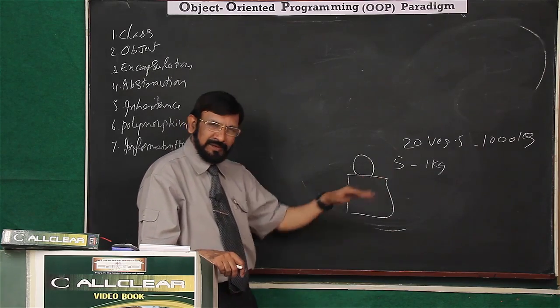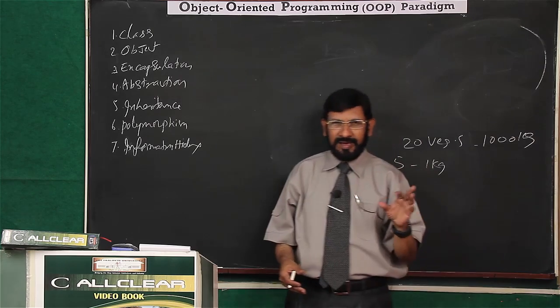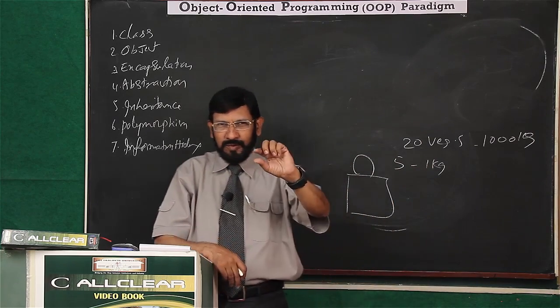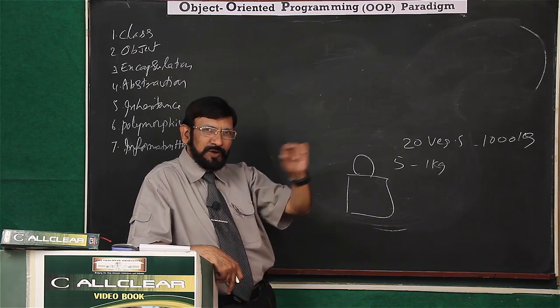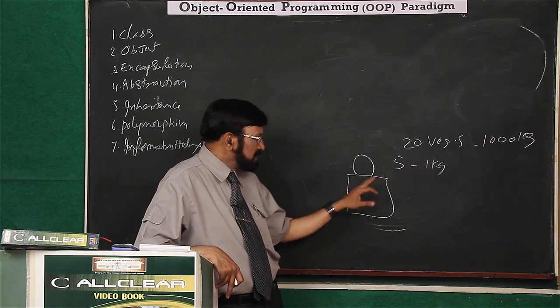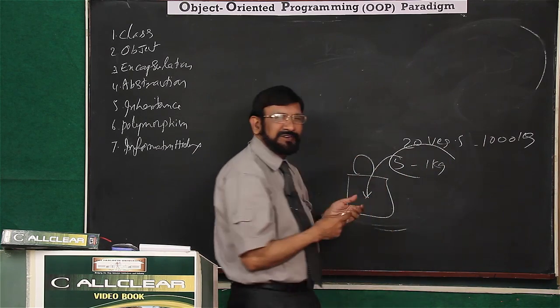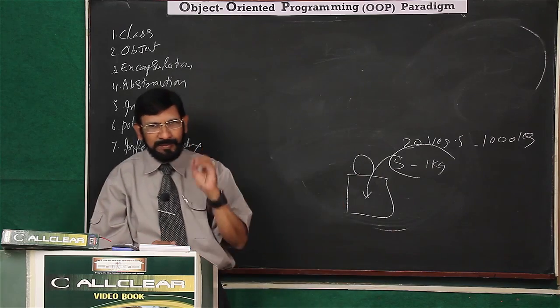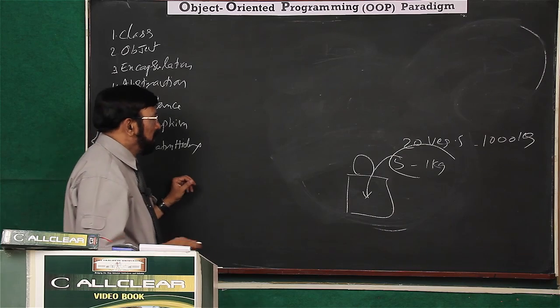Even an illiterate housewife knows this. Her behavior is like this, but you are putting a label. This behavior is called abstraction. This behavior is called encapsulation. Here in programming also you behave like this. Just with a simple example, I tell you.